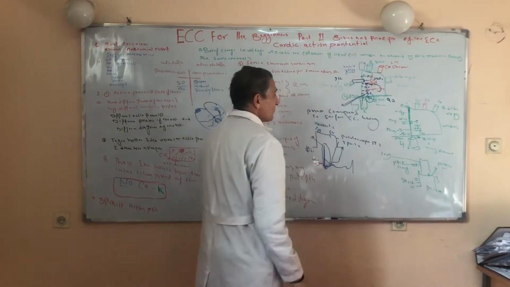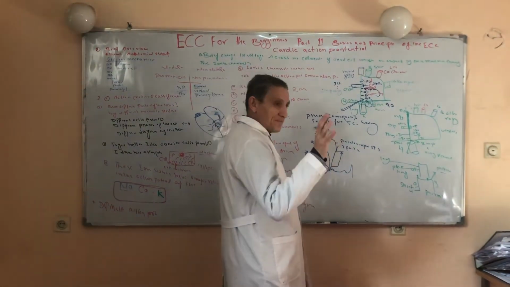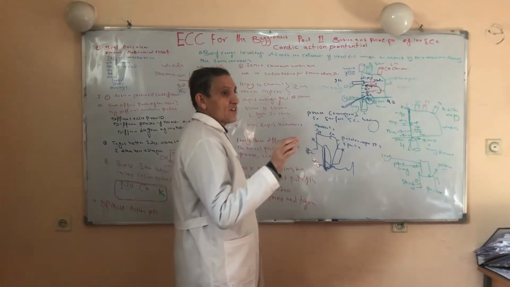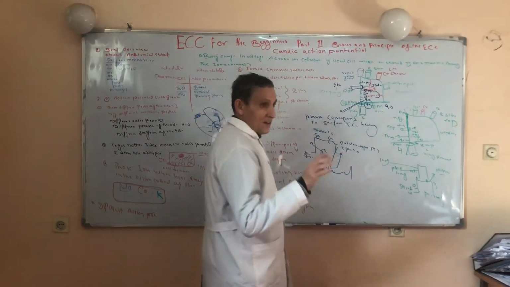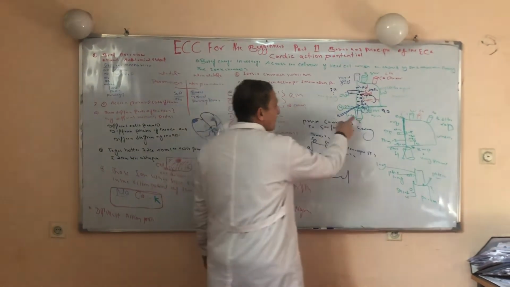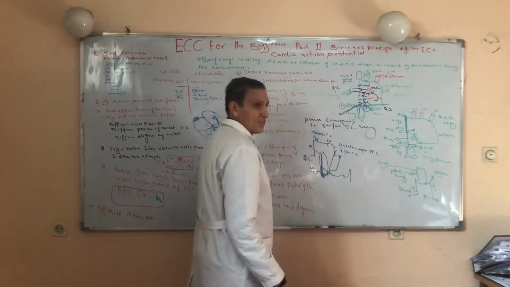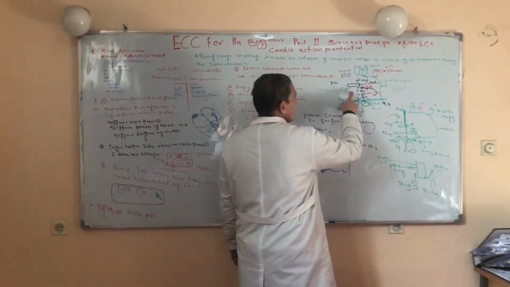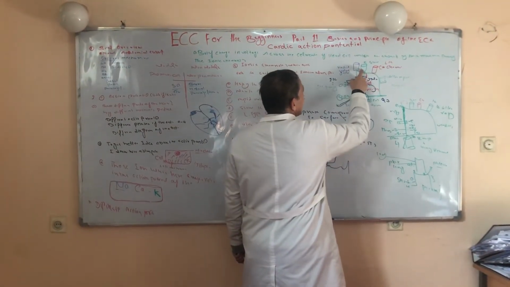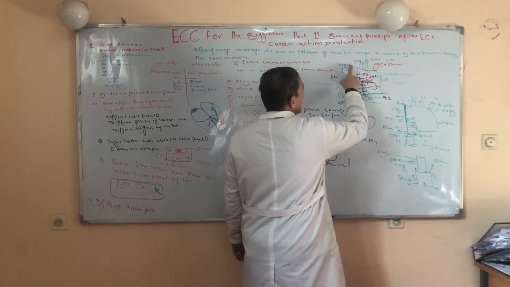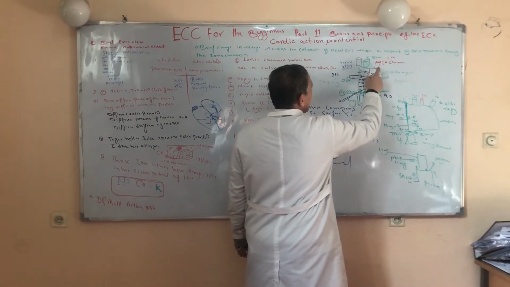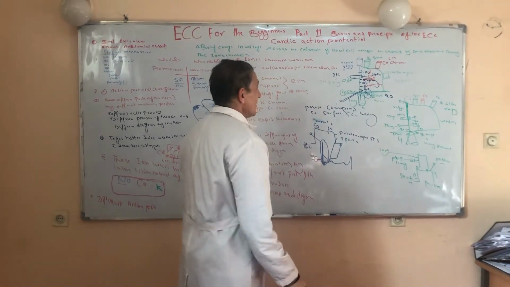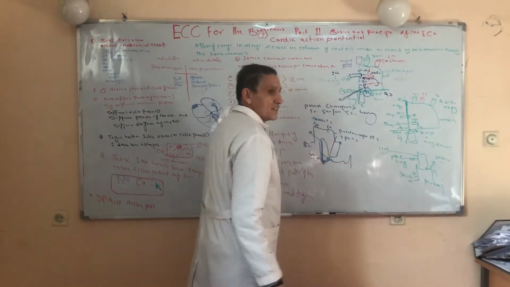After the resting membrane potential, we will be discussing the 4 phases of the action potential. Phase 4 represents the resting cell membrane. This 0 phase represents depolarization. There are other channels also present: the sodium voltage gated channel, potassium channel, calcium channel, and ultra rapid potassium channel. So this 0 phase represents depolarization.